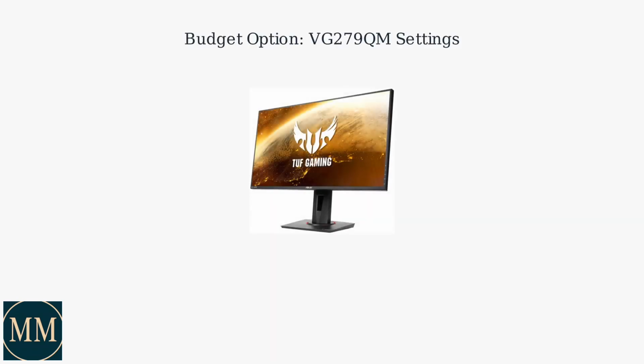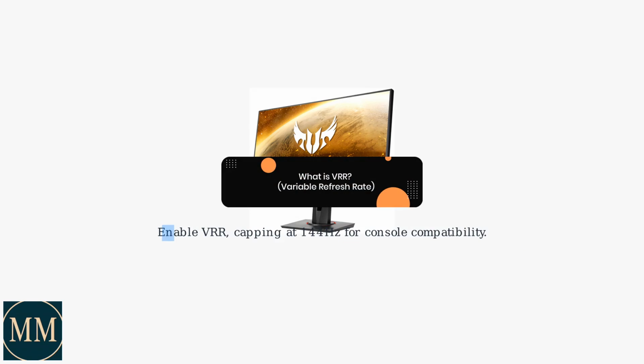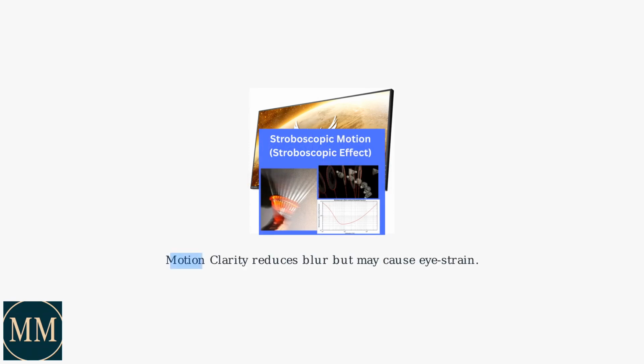The ASUS VG279QM is a great budget esports monitor offering excellent performance for competitive gaming without breaking the bank. For optimal performance, set overdrive to fast to minimize ghosting and improve response times in fast-paced games. Enable variable refresh rate and cap it at 144 Hz to ensure compatibility with consoles while eliminating screen tearing and stuttering. Motion clarity is very effective at reducing blur in fast-paced games through backlight strobing, but it may cause eye